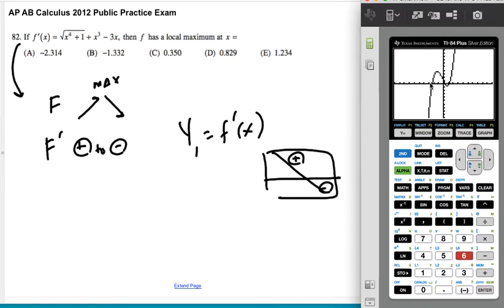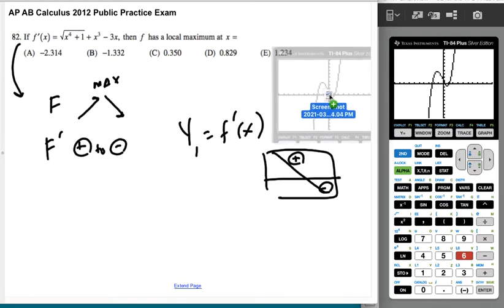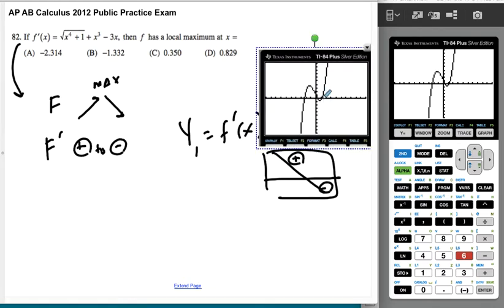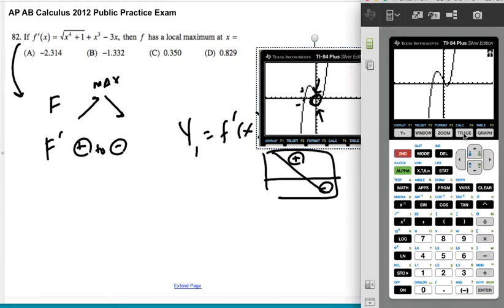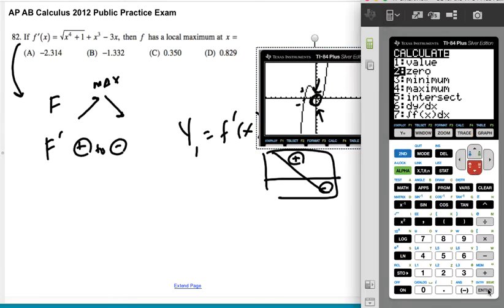All right, so I want when this thing switches from positive to negative. So now that I can see what graph I'm looking at, right? And if I take a screenshot here just so it's easier for me to physically draw on it, what I'm looking for is, so this is a min because this is negative to positive, right? This is the spot I'm looking for right here. That's the winner. So I'm going to go ahead and do second calc 0,